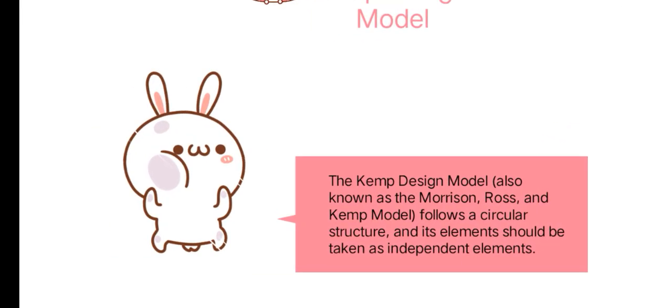Kemp model design, also known as the Morrison, Ross, and Kemp model, follows a circular structure and its elements should be taken as independent elements. So meaning to say, this is a circular design process that helps teachers plan and develop effective instruction. It consists of different elements that are considered independently, such as